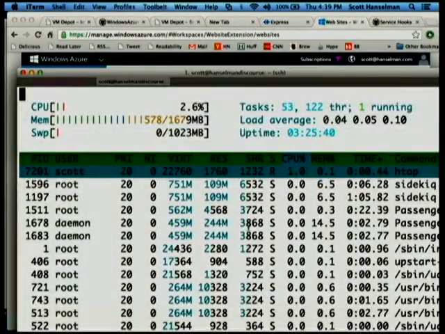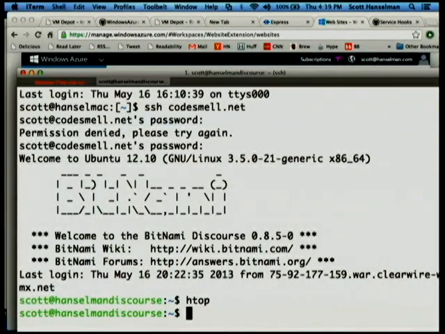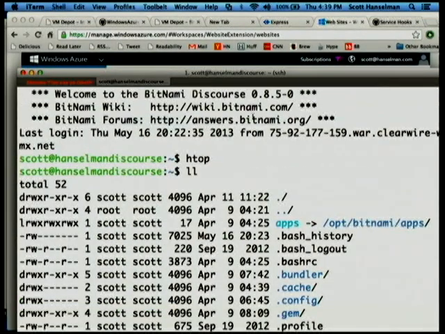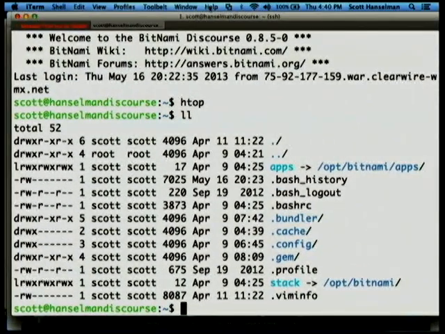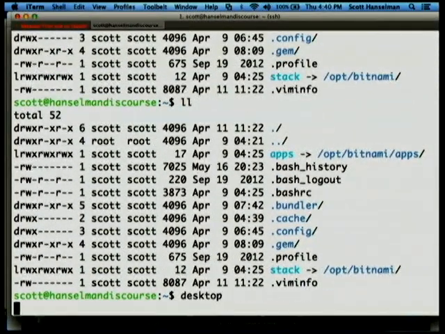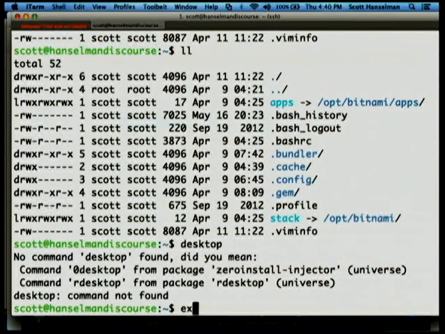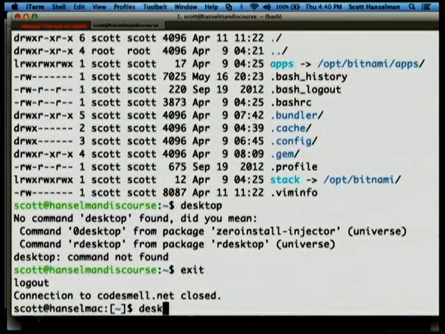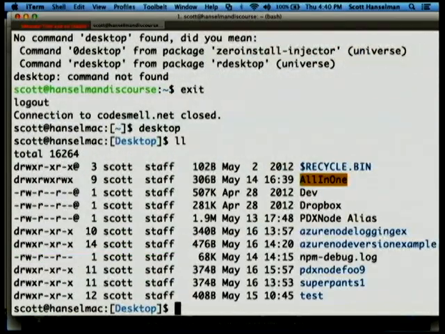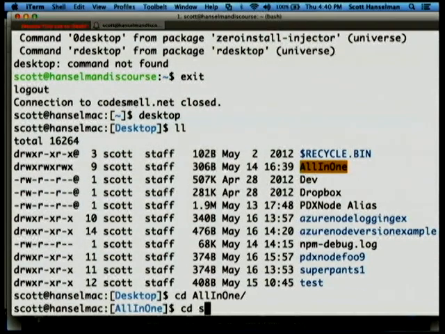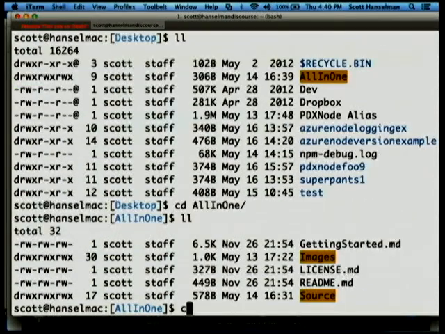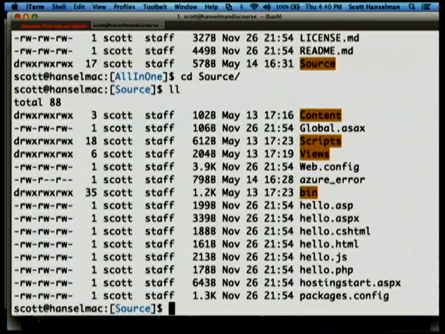So the last thing that I'll show you, just to make the point, is something called All-in-One. Oh, I'm actually remoted in. This is kind of a funny little thing.